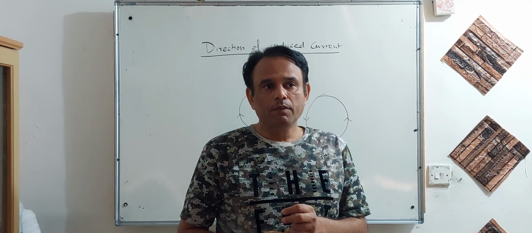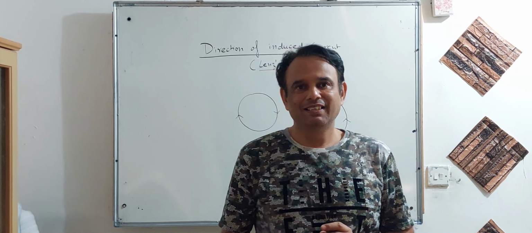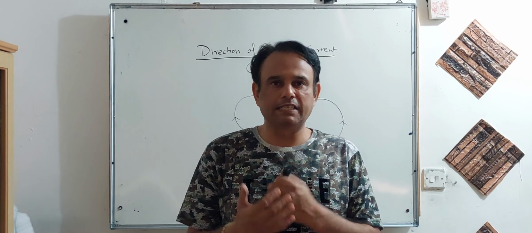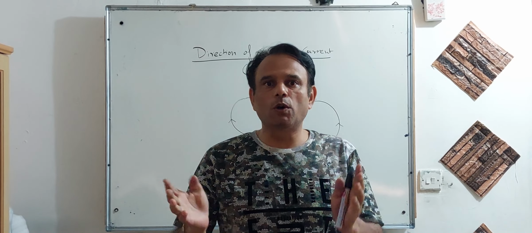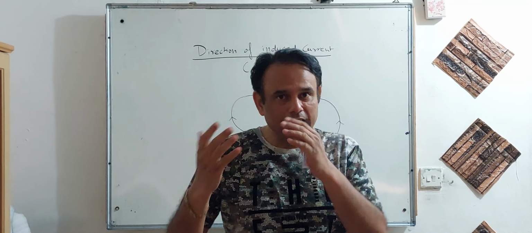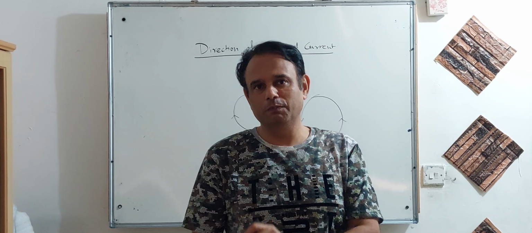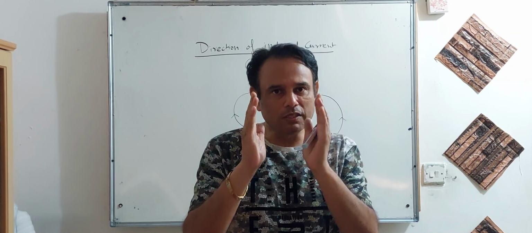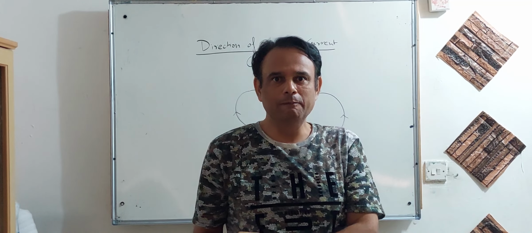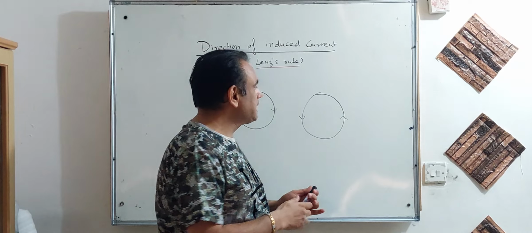Listen carefully. In many places in class 12, you can apply this rule and your answer will be correct. What is that? Suppose you have a friend circle in which there are 5 friends, but one of them always talks anti about you, always says something negative about you. So what do you want to do? You want to kick him out of the group. Anyone who talks anti, you want to throw him out. Anti, out, remember. So whenever current flows anti-clockwise, direction of magnetic field at the center is